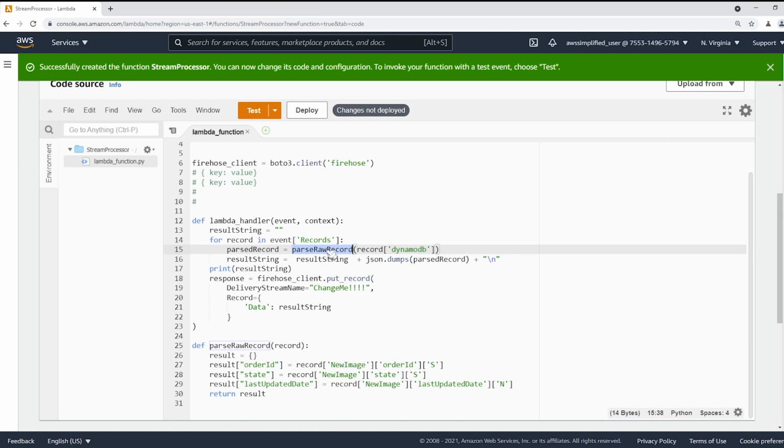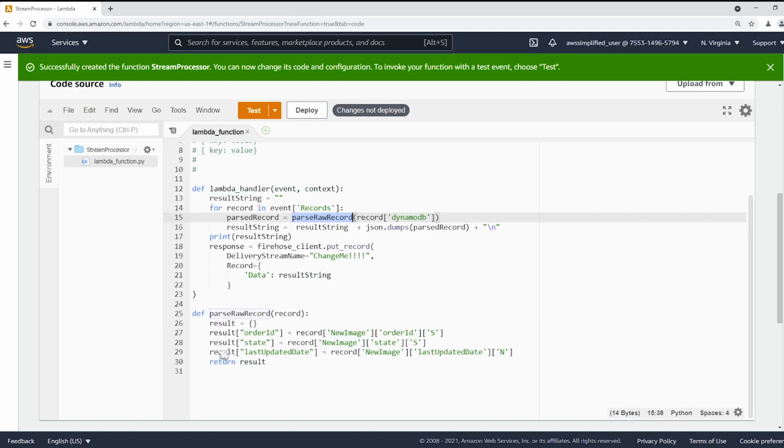And this is just extracting some fields. I have a function here that shows you. So I'm creating a result dictionary. I'm saying the order ID key is equal to whatever the value is in this key space, which is essentially just the value of the order ID. Same thing for state. It's just extracting the state from the input event. And then same thing for last updated date. So it's essentially just extracting all of these different properties from the events that are being passed in and creating them into a dictionary with key value mappings. And we just print out that result string.